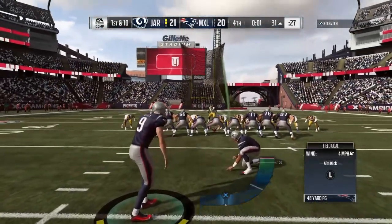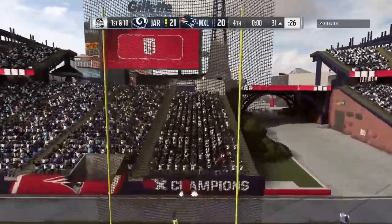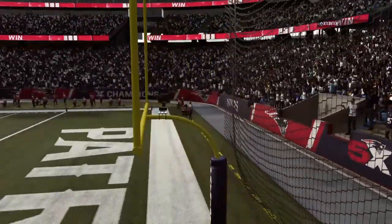So it's up now to one of the most accurate kickers in NFL history, Justin Tucker. And he got it! Justin Tucker boots it through and plays the role of